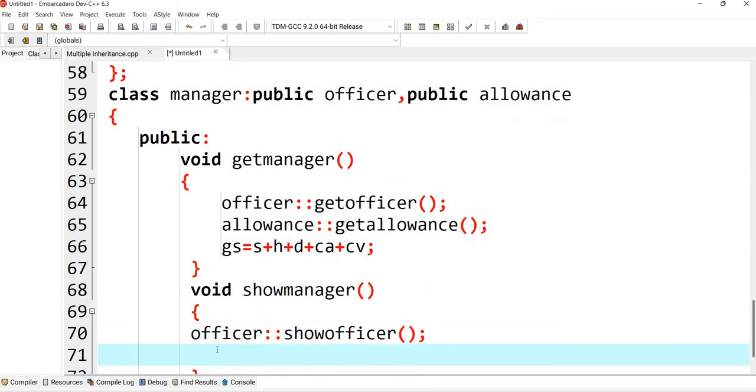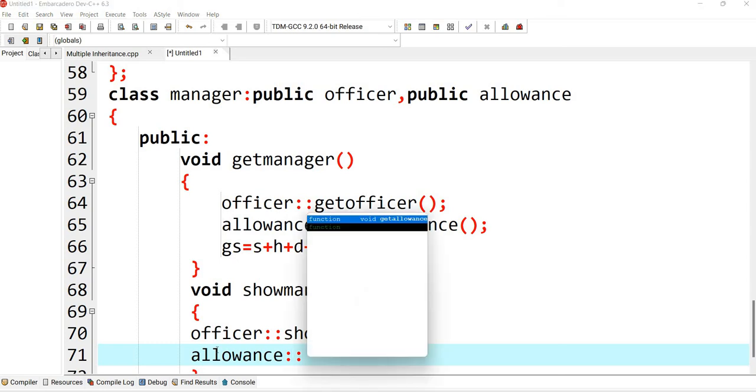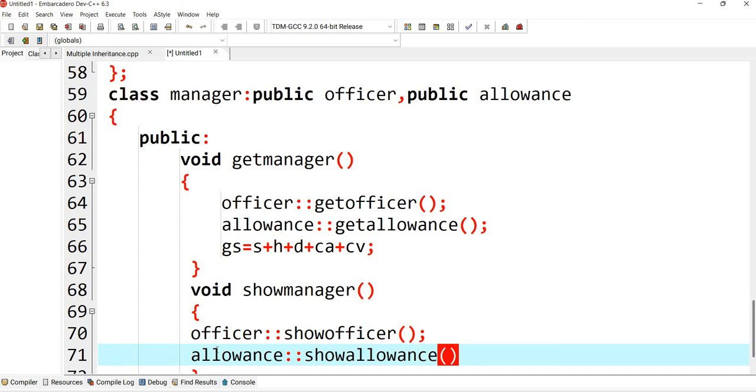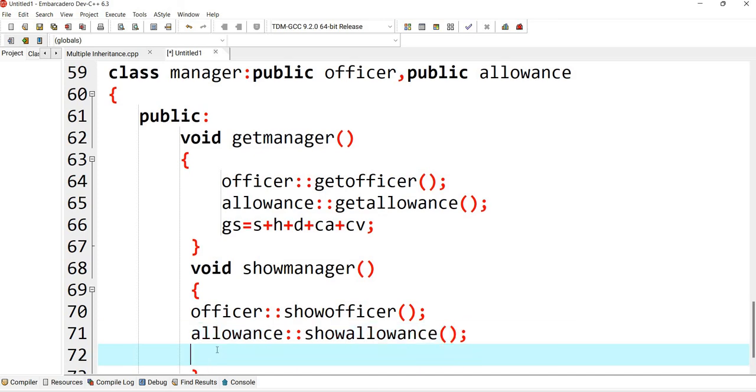Put the semicolon here. Another one is allowances, so function here show allowances. Put the semicolon here. Now you need to display that gross salary. So simply just write here cout gross salary. Just display this gross salary.